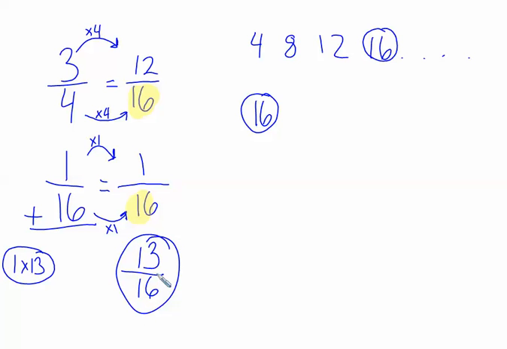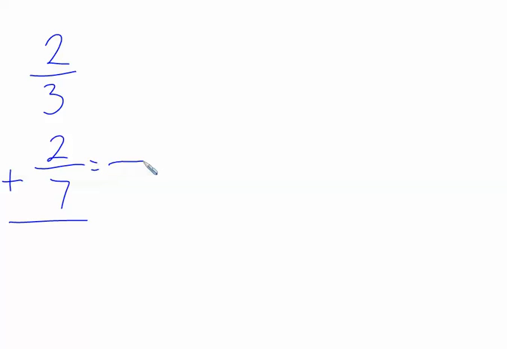Okay, let me do another one with you. Let me wipe this board clean. So let me do another problem with you. We're going to go ahead and do 2/3 plus 2/6. Okay, actually let's make that 2/7. I'll make this a little bit tougher. 2/3 plus 2/7. Okay, now again, we need to find a common denominator, but to do that we need to